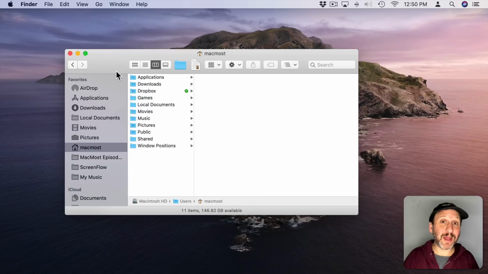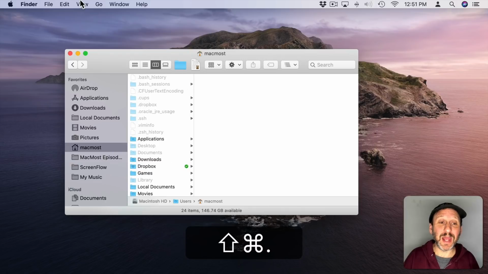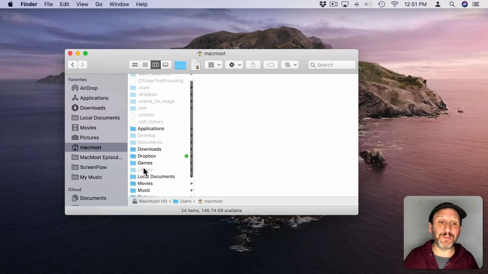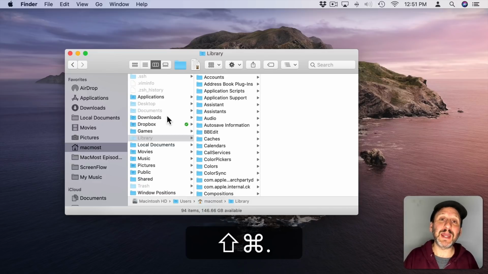Well, what about hidden files? There are actually a whole bunch of different hidden files on your Mac in all sorts of different locations. Now most of the time you don't need to see these, but if you do want to see all of the files somewhere, the easy way to do it is to use the keyboard command Shift and then period, and it shows them all. You can see I've got a bunch of hidden files here in my user folder, including that library file. Notice hidden files appear as gray. And to get rid of them, to go back to normal, just use Command Shift and period again.